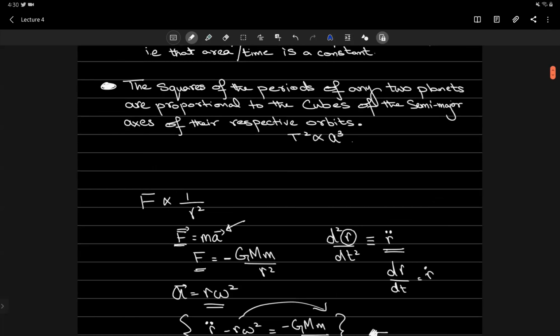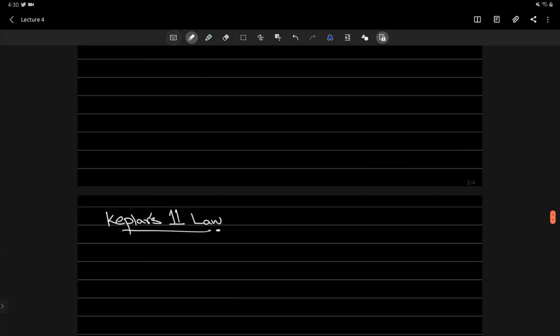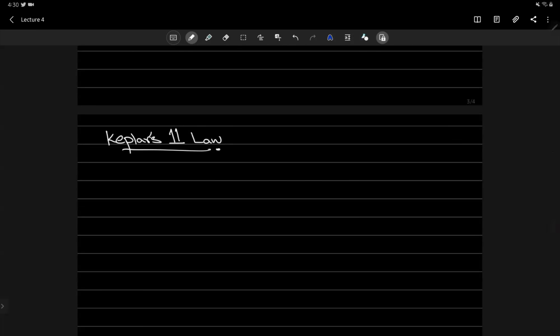So for this, we will consider an ellipse first. Let me just draw, or at least try to draw an ellipse. I hope this works. Okay. And let's draw one focus over here, and that's the only one that we would need. We have the sun over here, so we call this point S, right? And let's draw these two radius vectors for these two positions, and let's call this point B, and this one A,